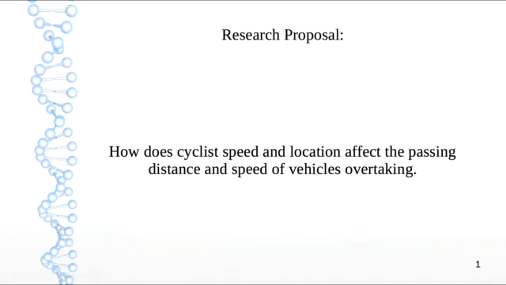This research proposal is titled How Does Cyclist Speed and Location Affect the Passing Distance and Speed of Vehicles Overtaking? The goal of this presentation will be to give a high-level overview of the research proposal that has been detailed